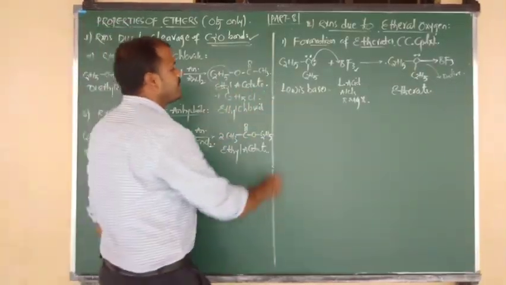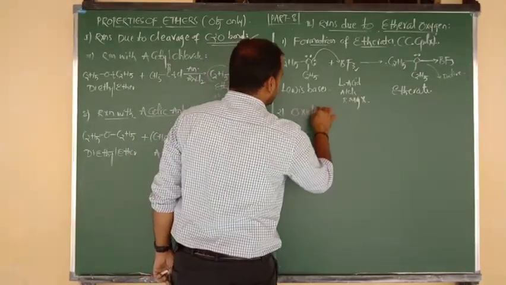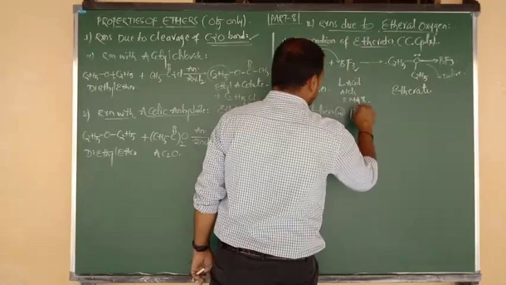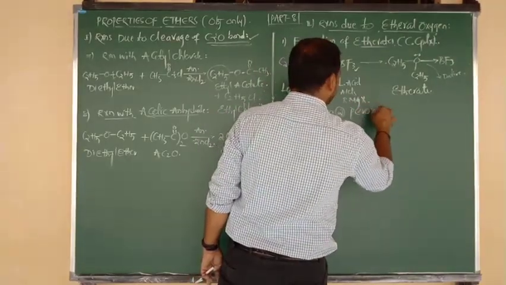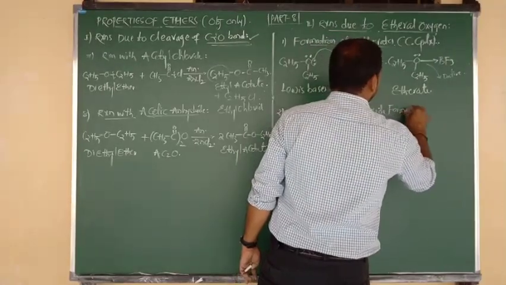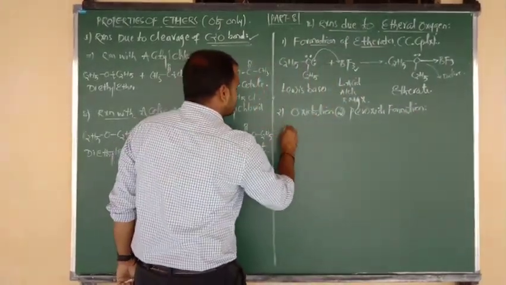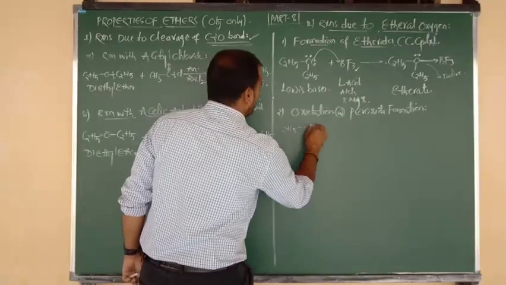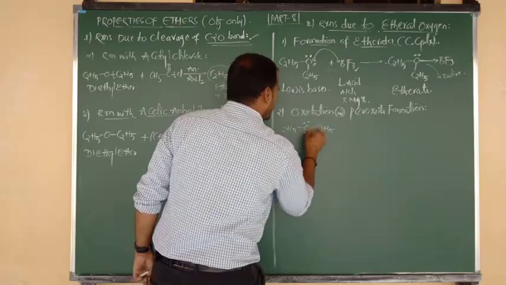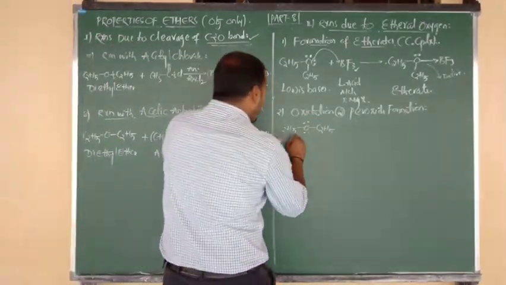Now here I am going to show you the second reaction. How do ethers undergo oxidation? Or we can say, how are ethers responsible for peroxide formation? The reaction is the same. The best example is C2H5 bonded to O, again O bonded to C2H5, where oxygen carries two lone pairs of electrons. Diethyl ether,